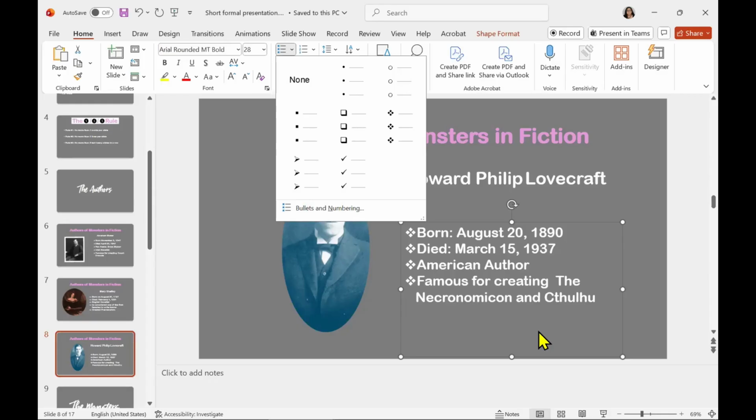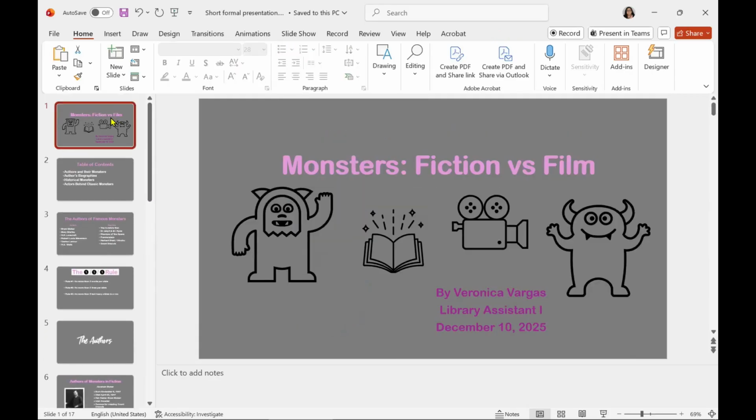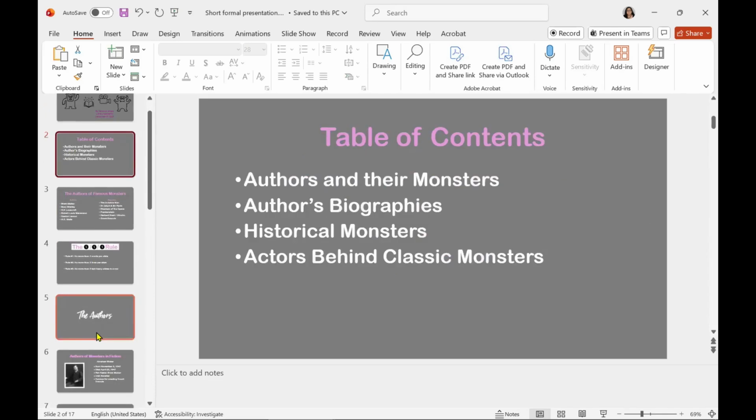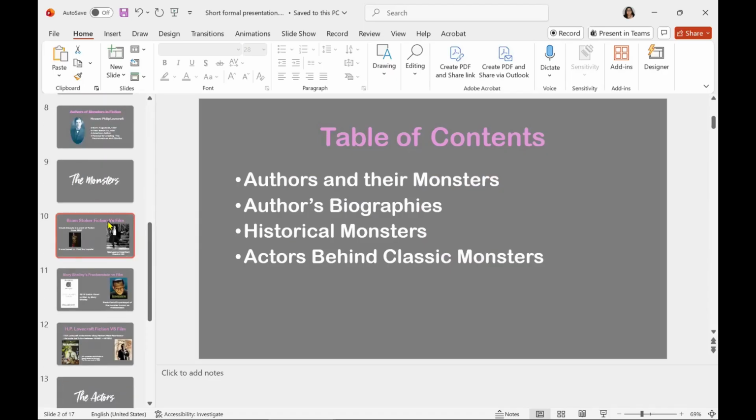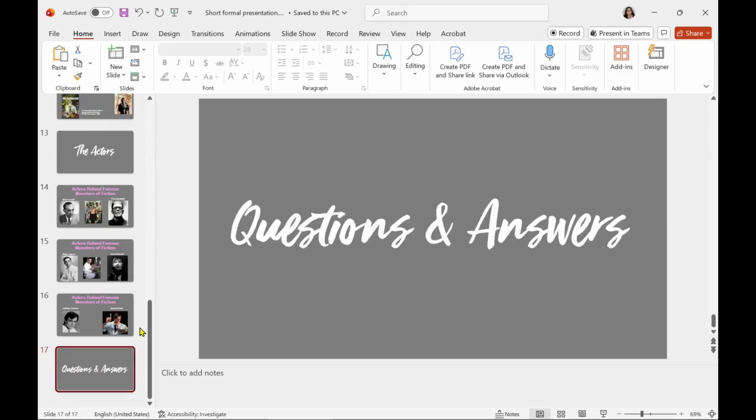Now, when we are generating a PowerPoint presentation, you should try at minimum to have a title page, the table of contents, as well as a few slides that will be composed of your main body of work. It's also good to have a conclusion slide and, if possible, a question and answer slide. This is also a good placeholder to linger on when you're answering questions about the work once your presentation is complete. You can also sometimes include it as a closing slide and add a thank you for participating in the presentation. I didn't include one on mine, but now that I've explained some useful features for PowerPoint,